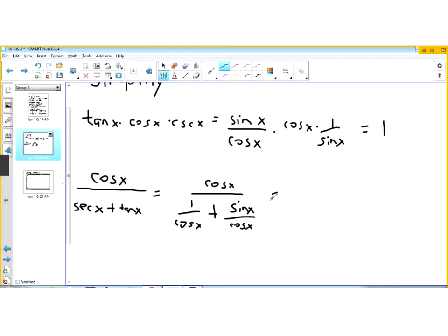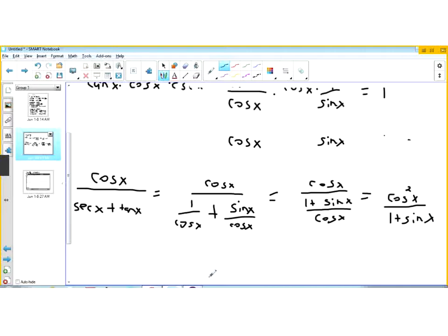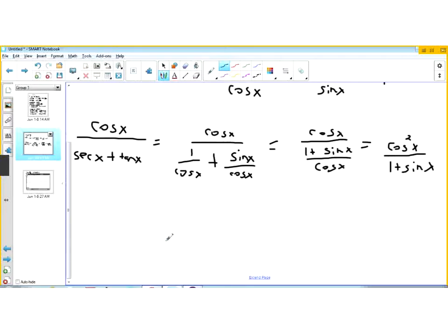Okay, and so we can add the terms in the denominator. So that would be 1 plus sine x over cosine x. Then we can do the division, so that would be cosine squared x over 1 plus sine x, okay? And then now we know that